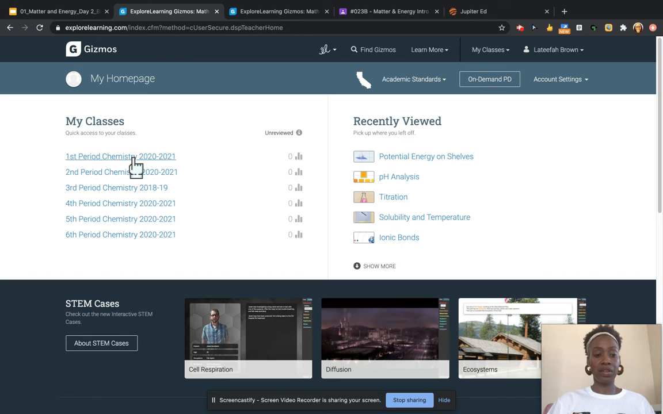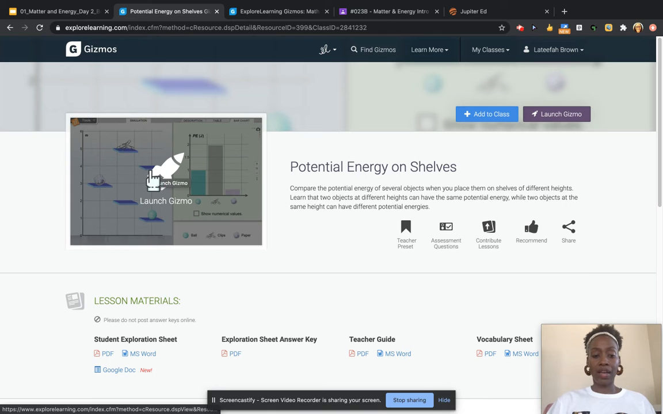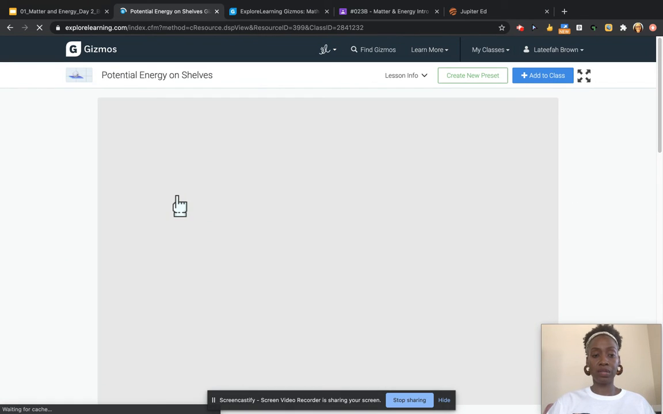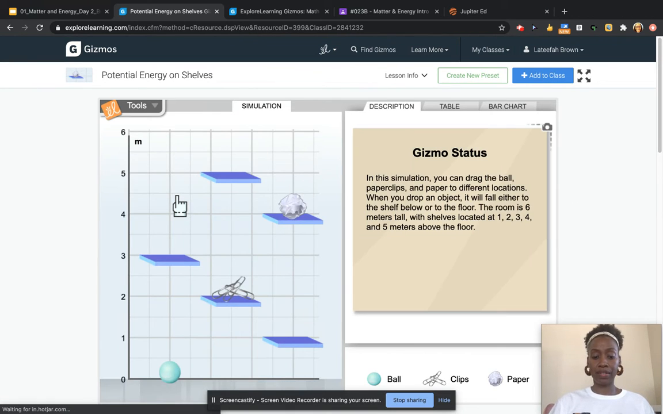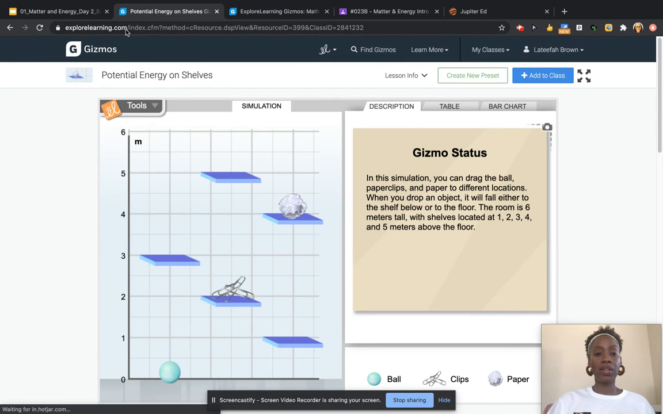So once you're here, you're going to click on your period, and you're going to notice that there's already a gizmo in the classroom for you. This one is called Potential Energy on Shelves. So you click on that assignment, and here it says Launch Gizmo. You can also launch the gizmo here in this corner. So you click on Launch Gizmo, and there it is. It pops up. Now you may be looking at this thinking, wait, where are the directions? What's going on here, right? So what you need to do